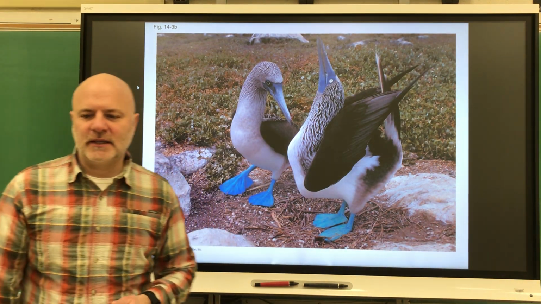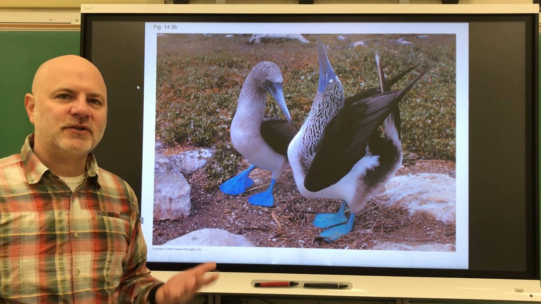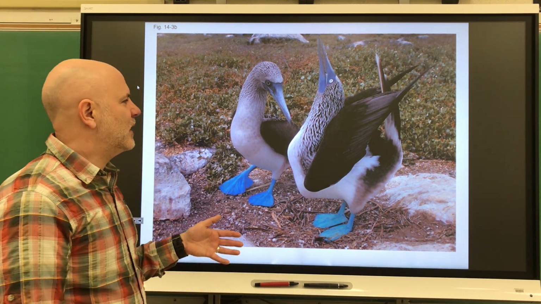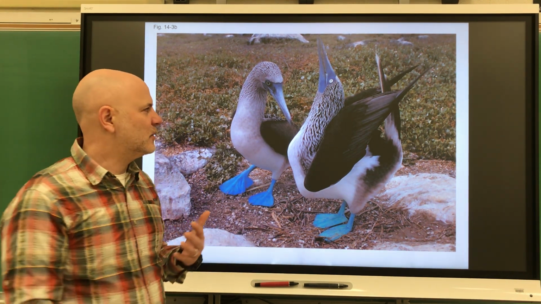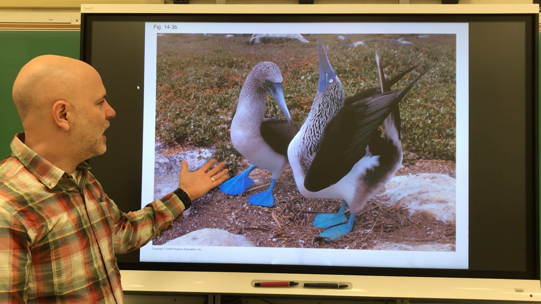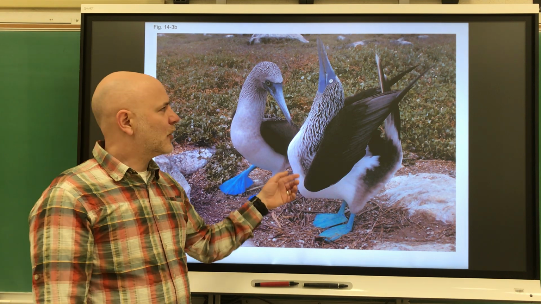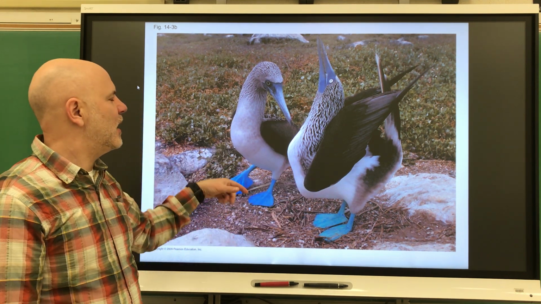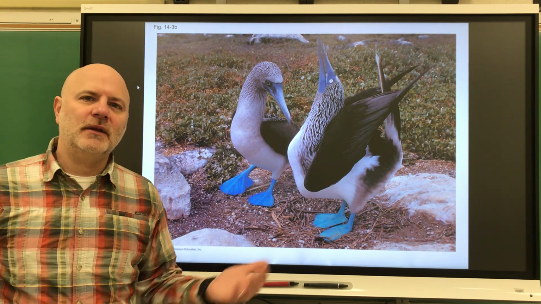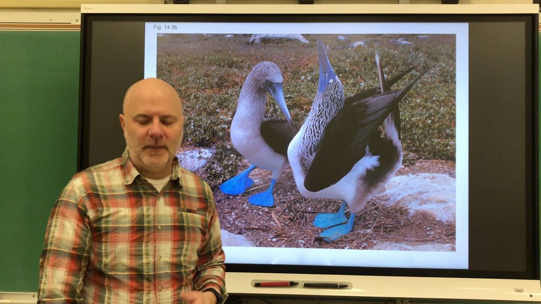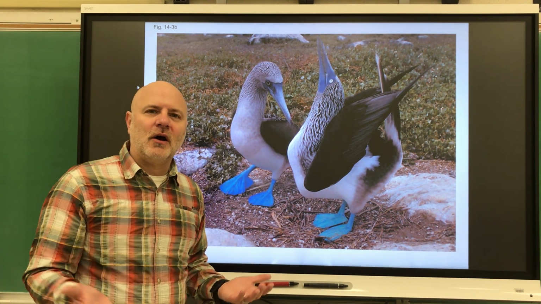Next is behavioral isolation. And this is differences in courtship behavior that allow males and females to recognize each other. What we see with a lot of birds is that males will make bird calls, attracting females to them. This is showing a blue-footed booby, a type of bird where the male does a courtship dance. And then the female, based upon his dance, she might go, oh, he dances well enough, I will mate with him. All right? But this is what all bird calls and frog calls are.